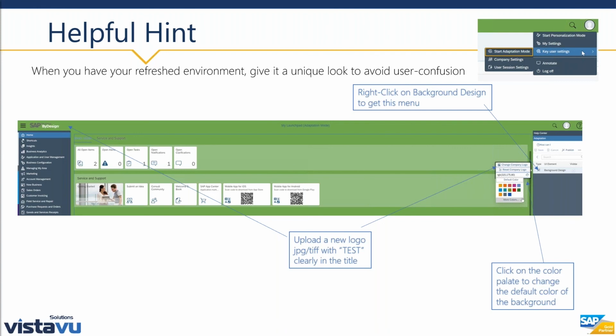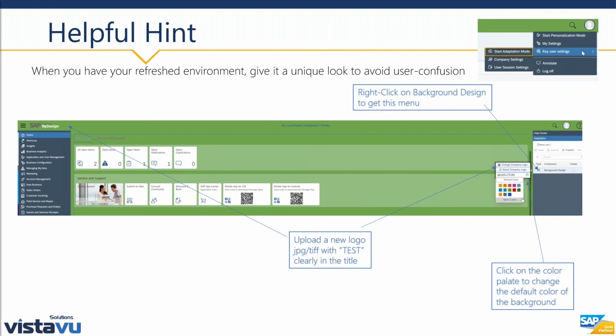But if you do a right click, you're going to see that little option pop up that says change company logo, reset company logo, and then a bunch of characters like RGB115, which is just the color palette code identifier to tell you which color this environment is set to. So at that point, you could click on the change company logo. It'll launch a Windows Explorer, so you could find a new PNG file to put up in the right corner